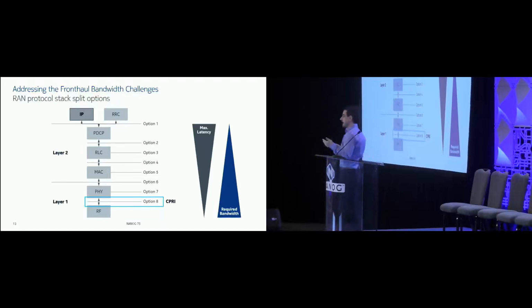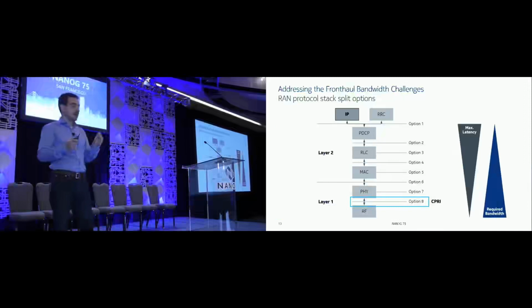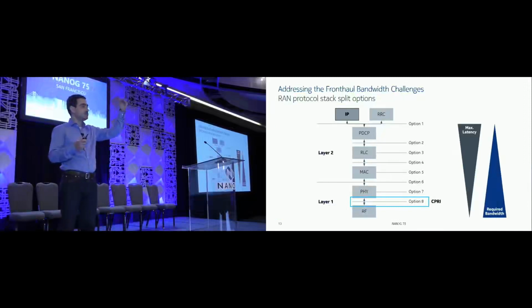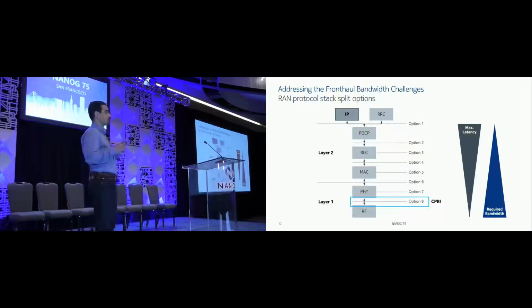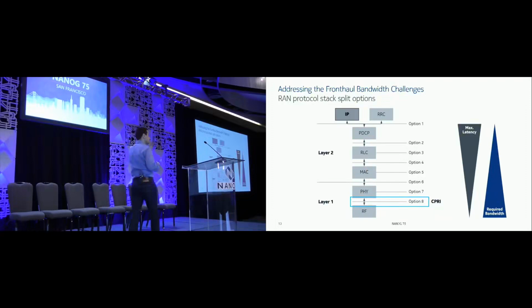So the way we look at it is that as you move from the IP to the RF, your bandwidth increases. And why is that? Because you're getting more encapsulations and more redundancy, right? You're trying to give some protection for errors, for retransmissions, and so on and so forth. So as you move down the stack, you're going to have more bandwidth. But as you move down the stack, you also have a lower latency